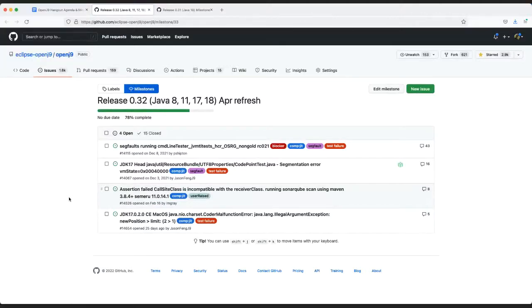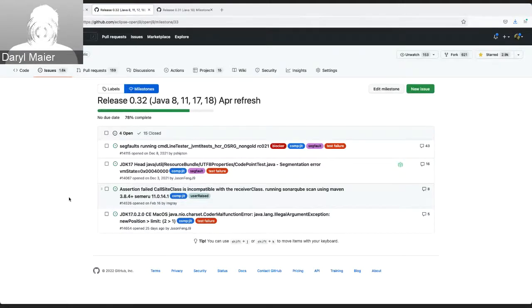Okay. The third one there, we haven't made any progress on that one yet. The developer that was going to make progress on that has not had time to do so yet. We've had some internal discussions on how we want to proceed with that one. I don't think reverting the original fix is the right thing at this point until we know more. But anyway, hopefully he'll have some time to start looking at that this week.